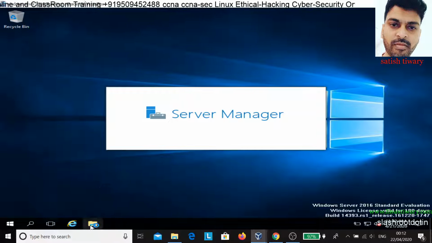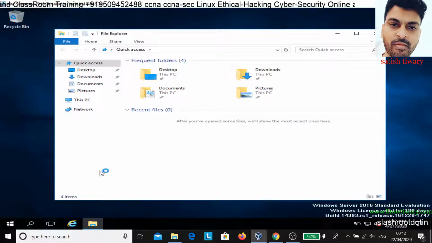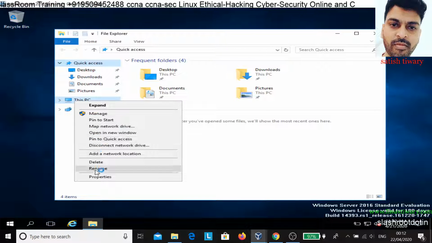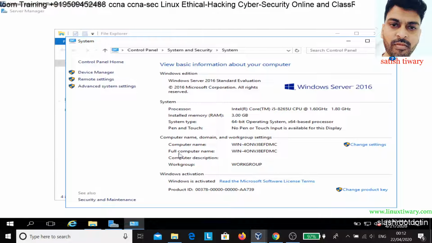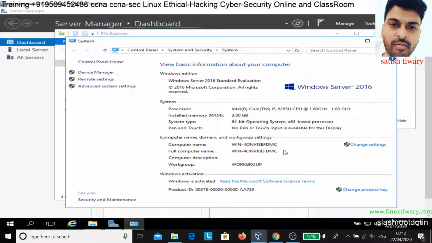Go to My Computer, right click and go to properties, and you can see the name is so long. The computer name is Win40NVZ8EFDMC.